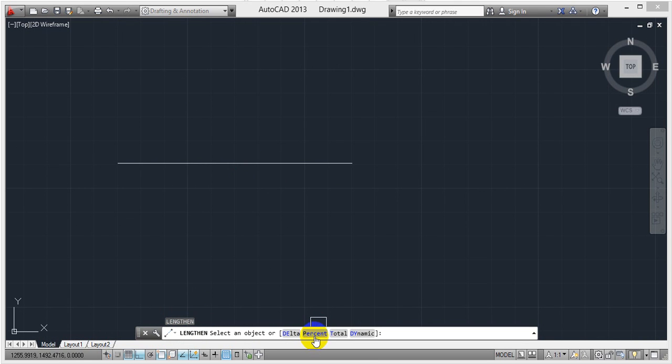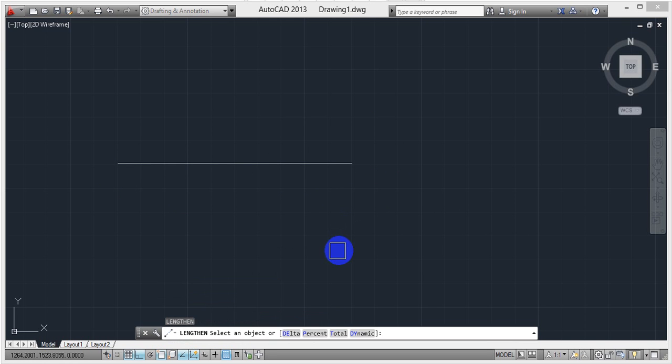Again this is 100 mm, so LEN, enter. Next is percent. For example, this is 100 mm area, it means 100%. So here I'm selecting percent, and I need 75%. Don't type the percent symbol, just simply 75, enter, select profile. From that 100% it's reduced to 75%. Okay, escape.